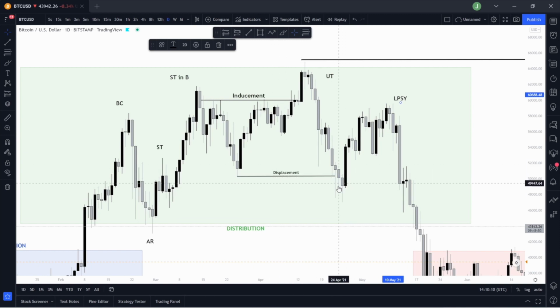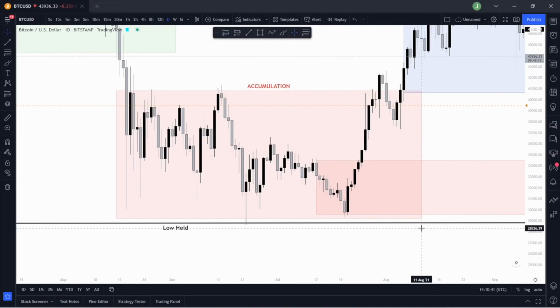And at this point, I'd want to try and get involved pretty much anywhere after the displacement. So identifying our last buys before sells, waiting for price to trade back into it, executing a short, and then going lower. Now, looking inside of this accumulation, one thing to note is that when we build liquidity, it's not